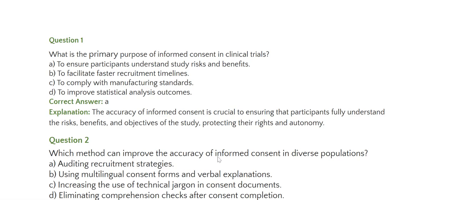Question 2. Which method can improve the accuracy of informed consent in diverse populations? A. Auditing recruitment strategies. B. Using multilingual consent forms and verbal explanations. C. Increasing the use of technical jargon in consent documents. Or D. Eliminating comprehension checks after consent completion. Definitely, it's B, using multilingual consent forms and verbal explanations. As multilingual consent forms and verbal explanations in local languages help overcome language barriers and ensure clear understanding for participants